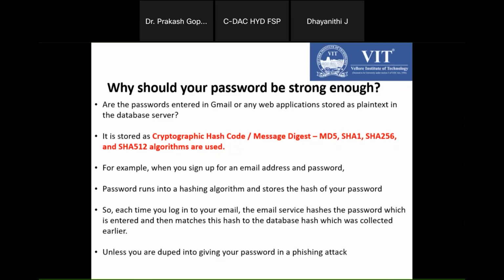There are specific algorithms to convert passwords into hash code, like Message Digest 5, SHA, secure hash algorithm version 1, secure hash algorithm 256, secure hash algorithm 512. All such algorithms are used for converting your passwords into the cryptographic hash code. Once the hash code has been generated as 64-bit or 128-bit or 256-bit, it cannot be revealed by any